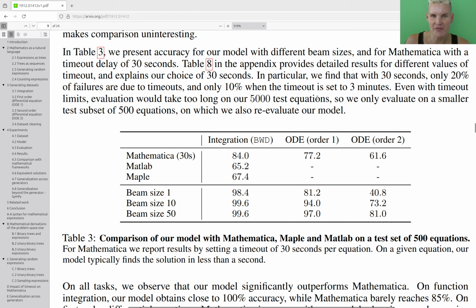So 500 test equations in this case. And essentially they were even faster. So here they say Mathematica was timed out after 30 seconds, and our approach usually gives a solution in less than a second,